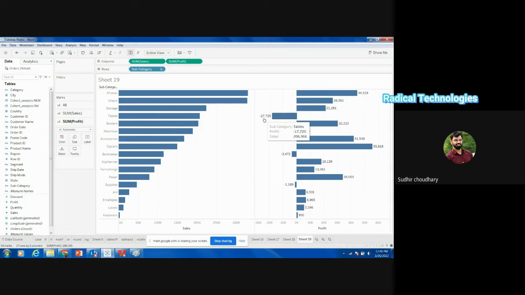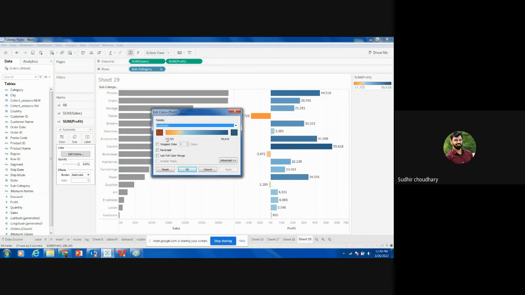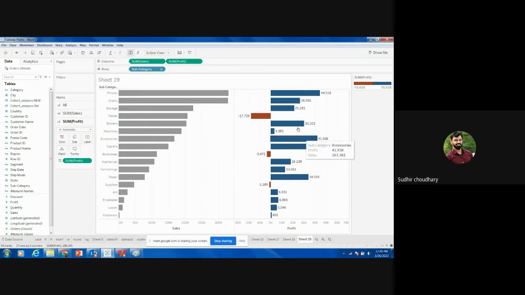Am I right or am I wrong? Yes, sir. You can take this profit to the color and make it only two colors. See this: profit is in blue, loss in red. Now see this, table is in the top 5 values which are selling maximum sales. But if you look at the profit of a table, it gives you the loss.